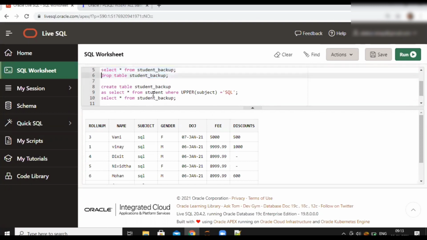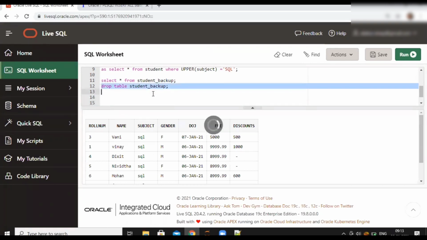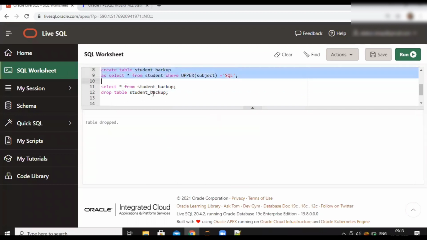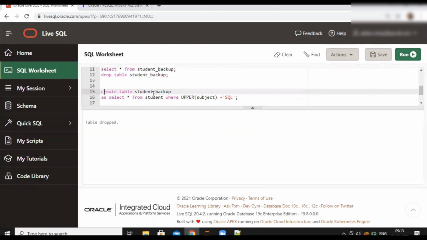Okay, now what I do is I drop this table. For example, you don't want all the columns. Same thing you could do it here. I'm going to drop the table and recreate it with create table as select. This is your selective column select. Here, instead of a star, whatever columns you need, you can list only those